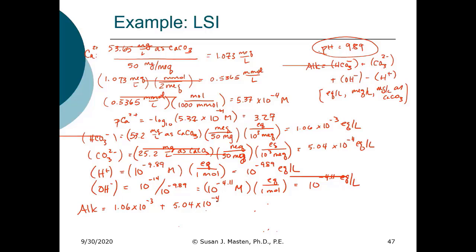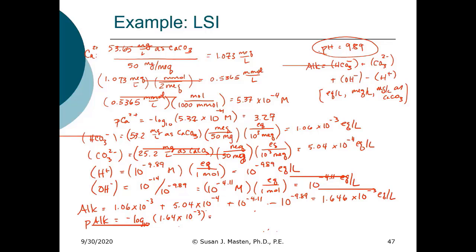Notice I don't have to multiply that by 2 because I've already done the conversion to equivalents per liter, plus 10 to the minus 4.11 minus 10 to the minus 9.89, and that is equal to 1.646 times 10 to the minus 3 equivalents per liter. My P alkalinity, so the negative log of the alkalinity, is equal to